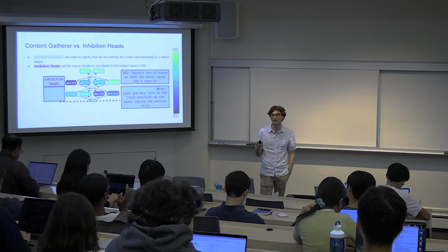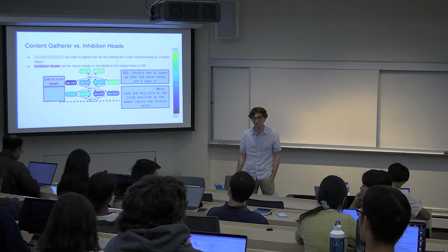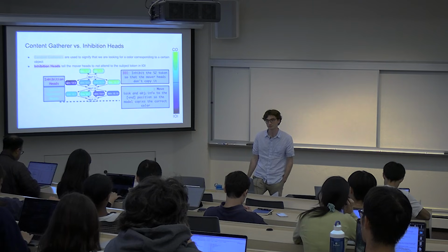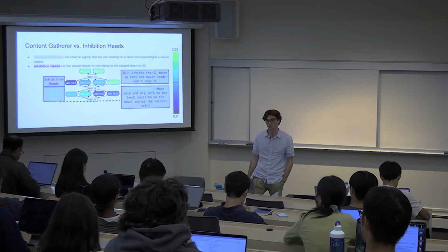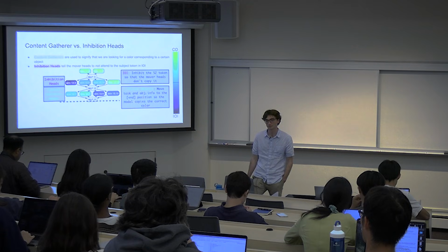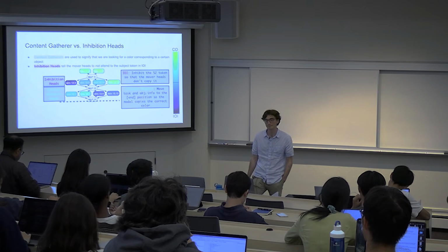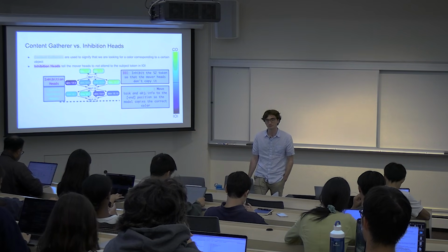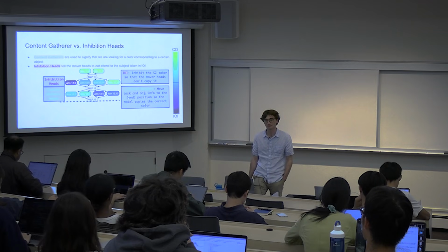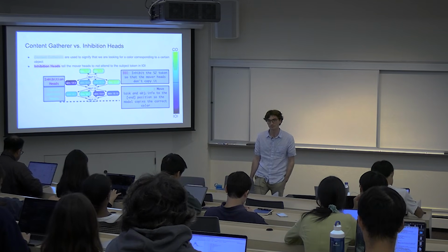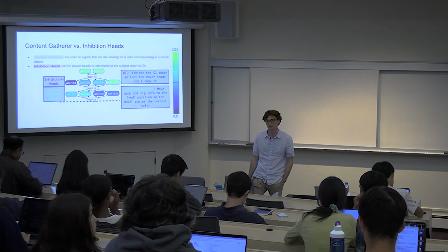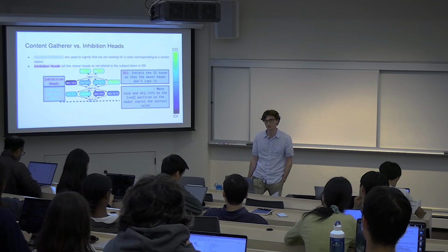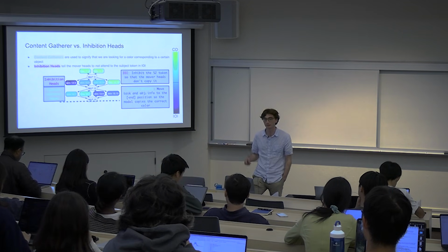I saw another hand. Yeah. It's kind of answered, but just for clarification: for the colored object task, it does have the inhibition heads, but they're not causally relevant in the moment to the task, right? And your intervention is making the heads causally relevant, like suppressing orange, purple, whatever the other colors are. So basically the point is that you're using a certain component of the IOI circuit to boost the performance of another circuit. Is that essentially what you're saying? Yeah, pretty much. That's a good way of summarizing it.